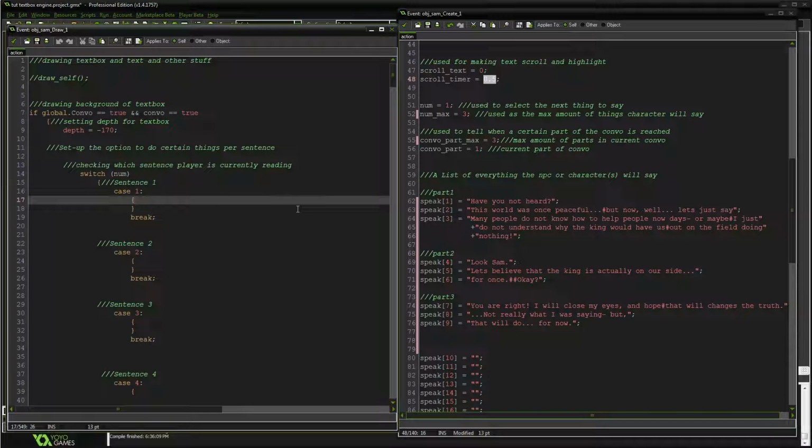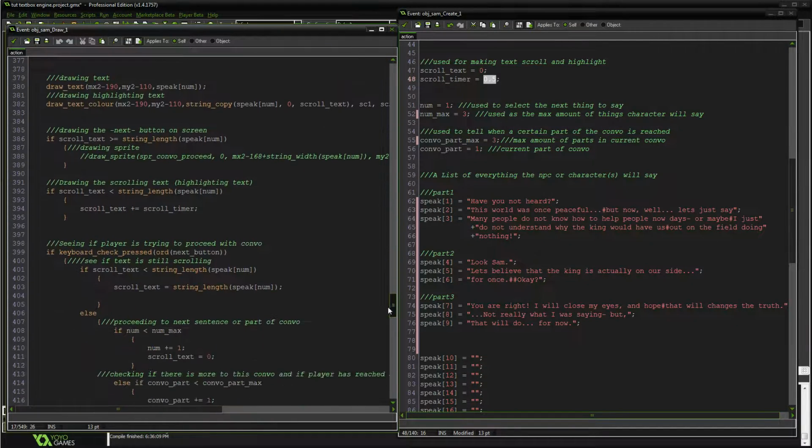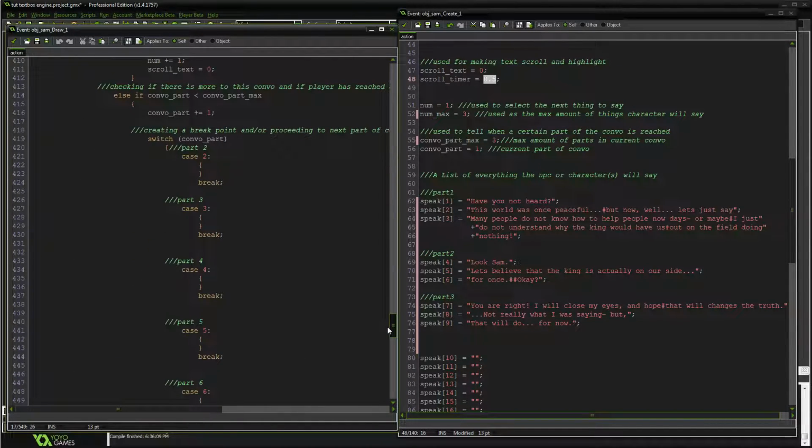So what we're gonna do is something a little cool, actually. We're gonna draw the sprite of who's talking, right? Let's go ahead and do that. Should we? We might get back to that, but I want to show you how good it is to add something like that. First, we're going to take care of what really needs to be taken care of in order for the conversation to continue. And that is here, the conversation part.